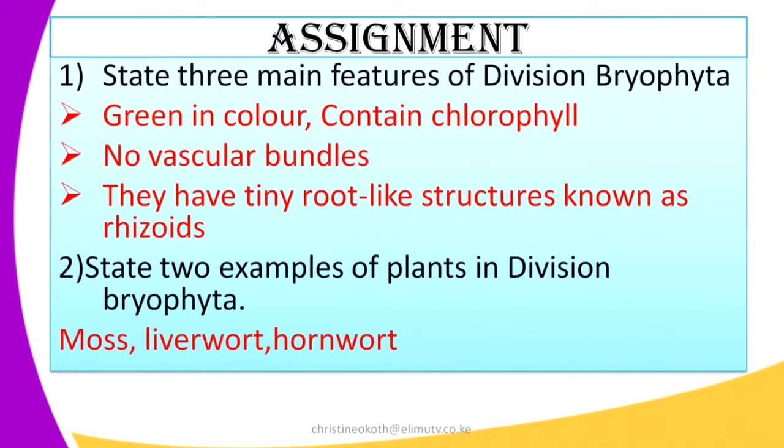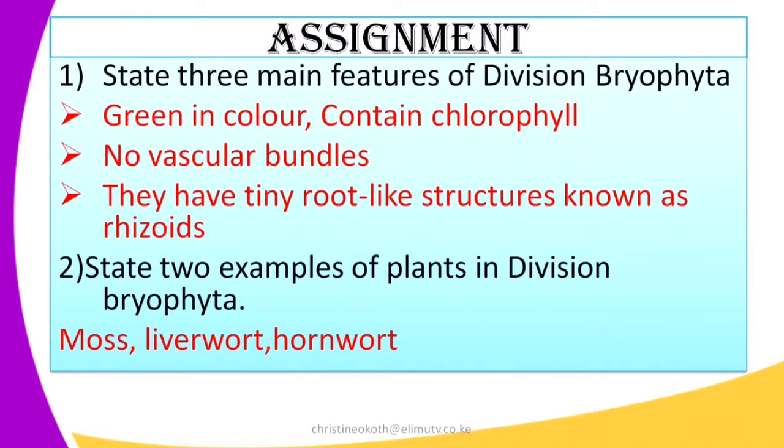So on the previous assignment, question 1 was, state the 3 main features of division Bryophyta. 1. The bryophytes are green in color, so it means that they contain chlorophyll, the green pigment which is responsible for photosynthesis. Then, they don't have any vascular bundles, so they don't have either the xylem or the phloem tissues. Then the third feature which identifies the bryophytes is they have tiny root-like structures which are known as the